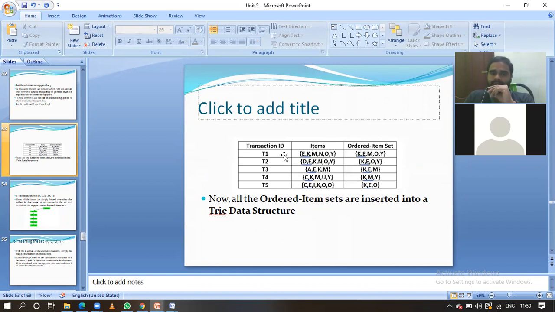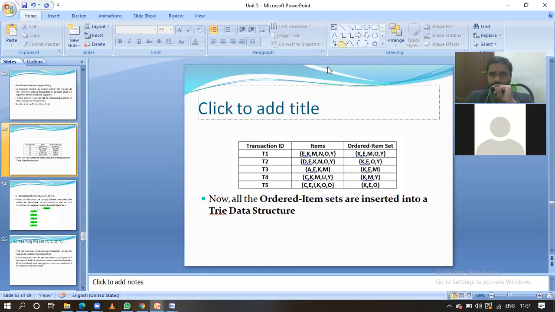Here we have the overall transactions, items and the ordered items. Overall, we found the trio data structure. We don't need to scan the entire transactions overall, we can just use this trio data structure. The trio data structure consists of transaction ID and items. Now onwards I am going to use this for constructing a tree like structure.